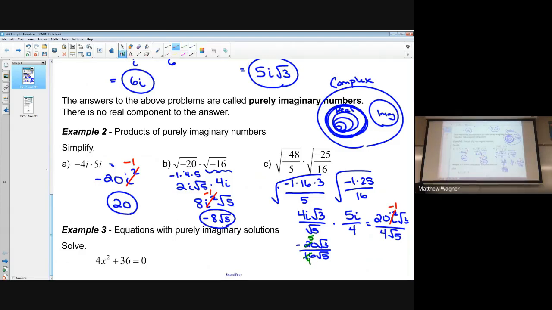And then hopefully you recall in math, we don't like to leave radicals in our denominator. So we're going to rationalize. We're going to multiply the top and bottom by the square root of 5. And we're going to wind up with